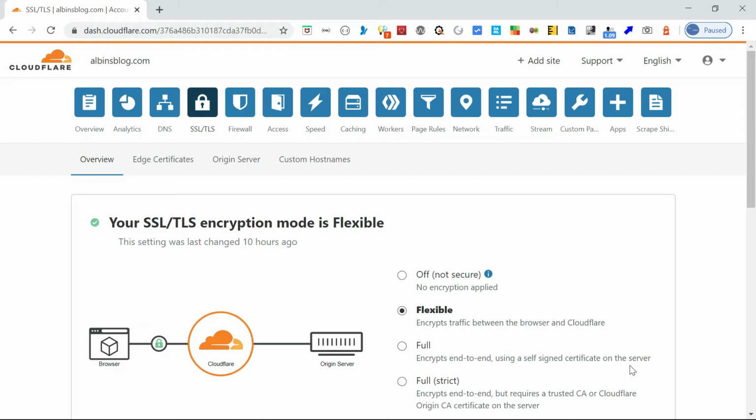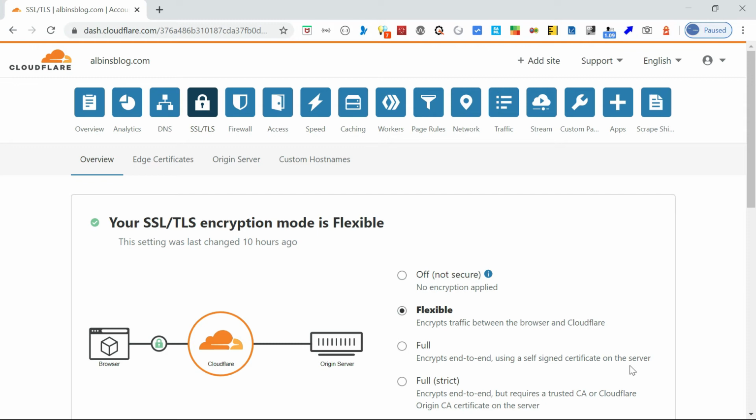Okay, now let's see Full SSL strict. This is the most secure connectivity option you could opt for. In this option, you will have a secure SSL connection between the visitor to your site and Cloudflare, in addition to a secure connection between your web server and Cloudflare as well. In this scenario also the traffic will be decrypted and re-encrypted in Cloudflare. So it's the same as Full SSL. The difference is that Full strict needs an authenticated certificate installed on your origin server.